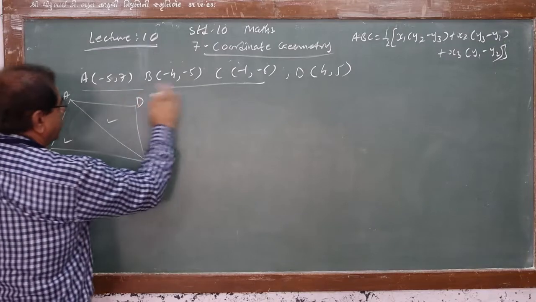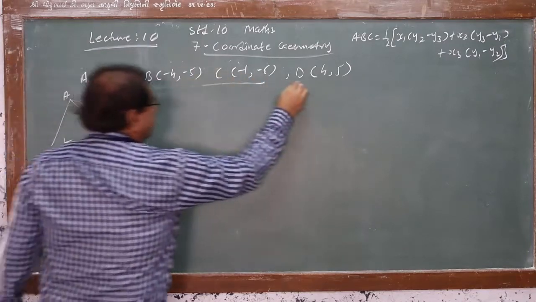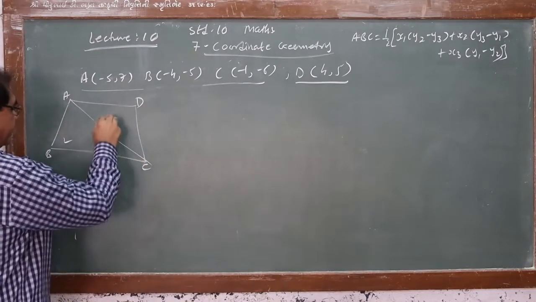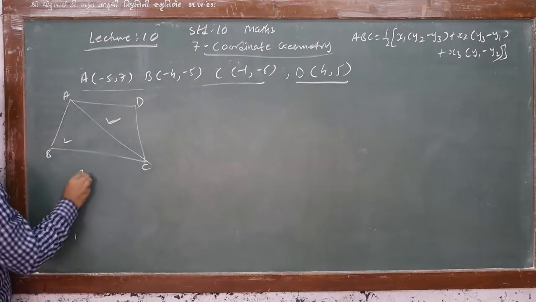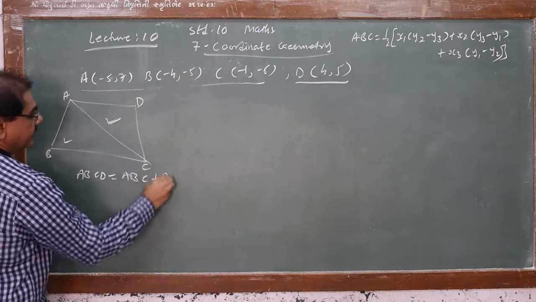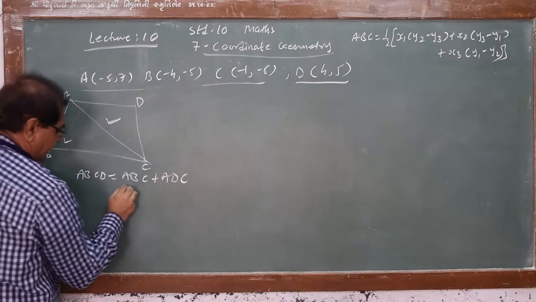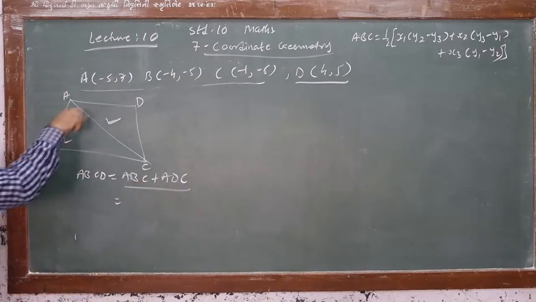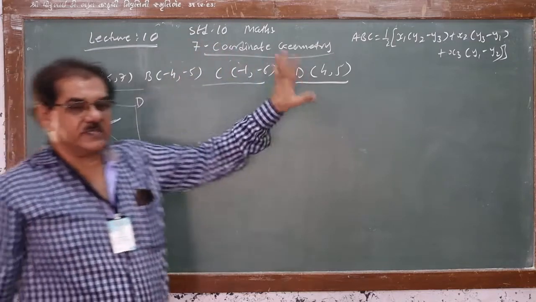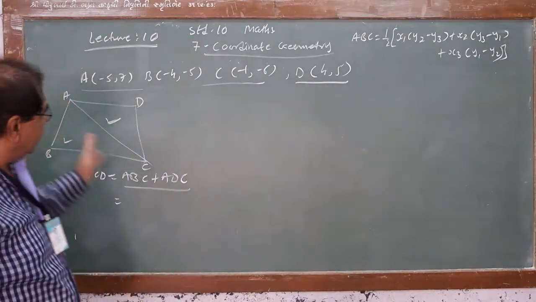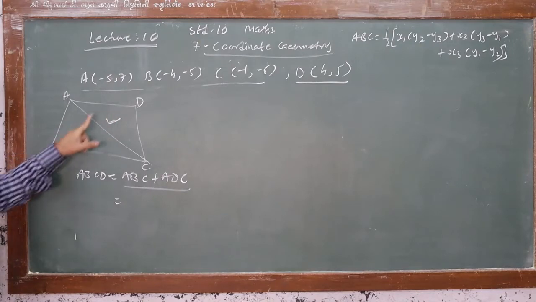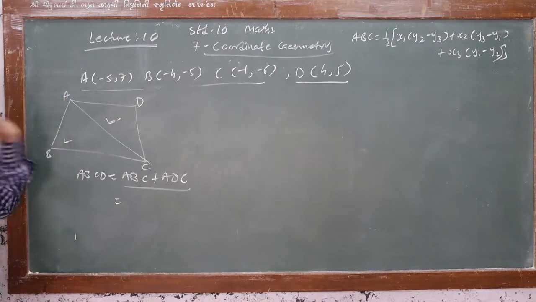At that time, you take the 3 points A, D and C. You find the area of triangle ADC, and finally the area of ABCD is equal to the area of triangle ABC plus the area of triangle ADC. So when you add these two, you will get the area of the full quadrilateral. Over and over again, we are going to use the same formula for the area of a triangle. I don't calculate this, but I have given you the idea: you add these two areas and you will get the full area.